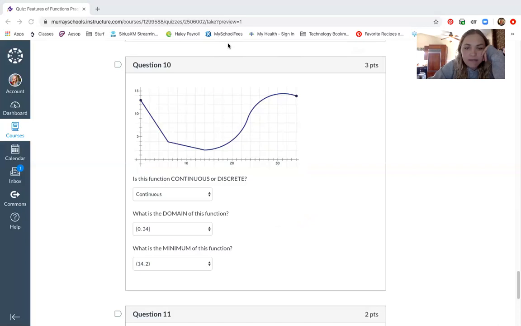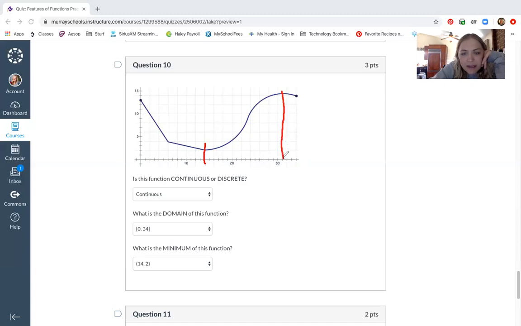Where does this graph go uphill? It doesn't go uphill over here. This is all downhill, downhill, downhill. When you're going from left to right, it's going down, down, down, bam. This is where it changes direction and starts going up. Uphill, uphill, uphill. This isn't going as fast, but it's still moving up right now. Up, up, up. I don't actually know exactly where this turning point is. Let's just assume it's right here